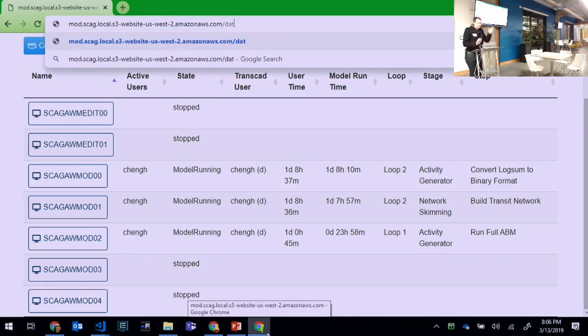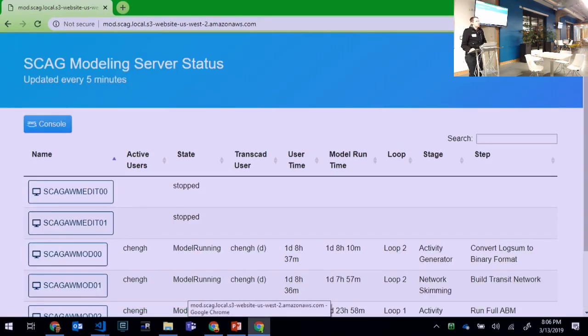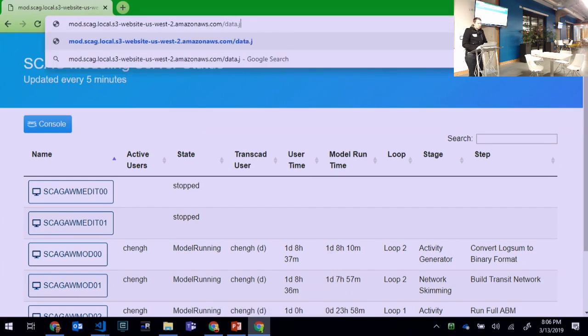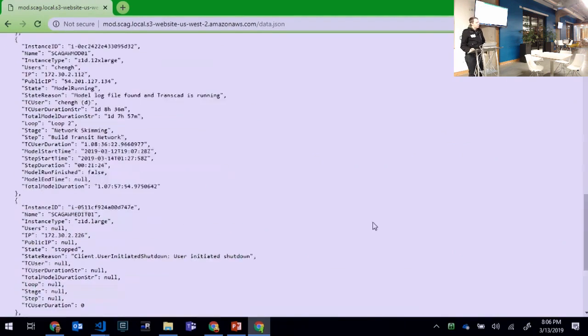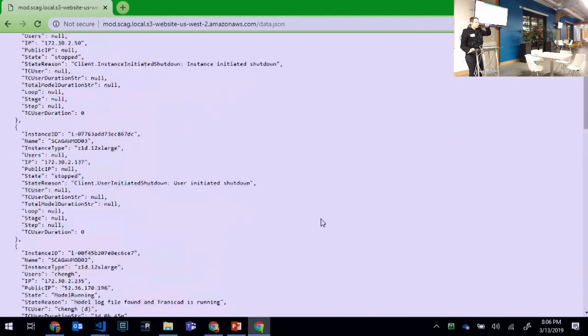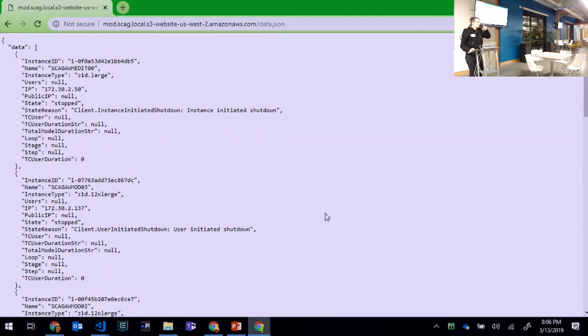You see how fast that came up, by the way? It's because this is a single-page application that processes entirely in the browser, reading this data.json file, which gets updated about every 5 minutes. Look familiar? Hey, it looks like something that came out of maybe an Azure function, right? It is. There's an Azure function that runs every 5 minutes out in Azure that costs basically nothing,